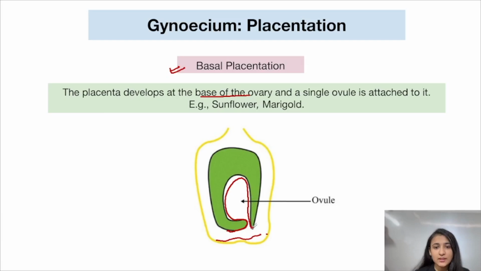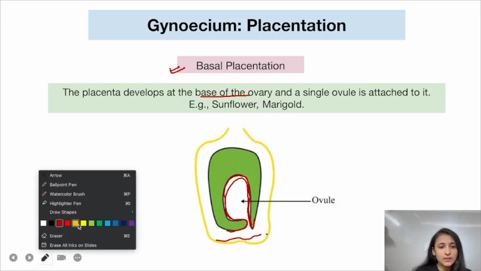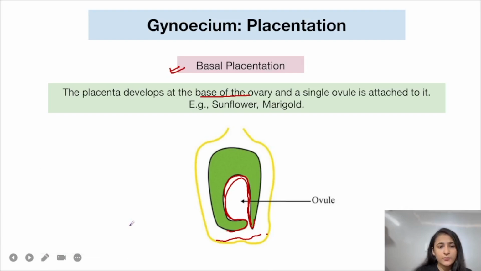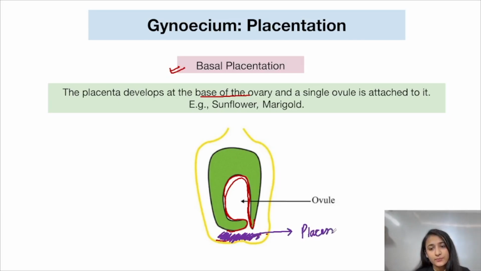So this structure here is the ovule. Okay. This structure is the ovule. So let me choose a different color here. If this is the placenta, the placenta forms at the base of the ovary. Okay, and a single ovule is attached to the placenta. This is the ovule which is attached to the placenta. Okay, so that is why the name is basal placentation, because the placenta is developing at the base of the